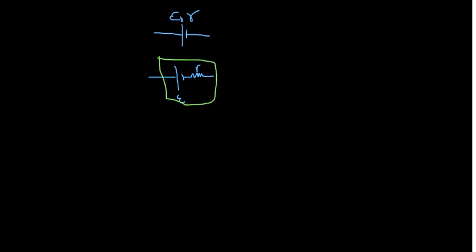Now I want to put another thing here, that is there are two methods to represent the cells, when they are given with the EMF and the internal resistance. One method is the one we have used, that is E comma r we are writing. But in some books they draw a cell and a small resistor, and write small r here and capital E here, and put some box. This method is also right. There are many methods to write it, but generally we are following this method, and while solving problems also we follow the same method.